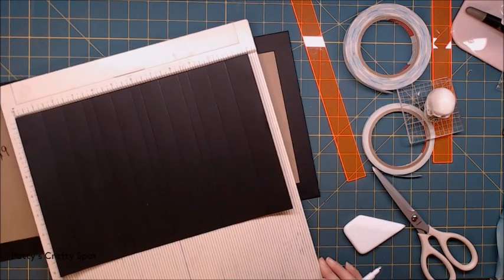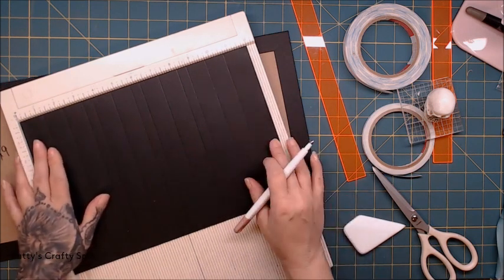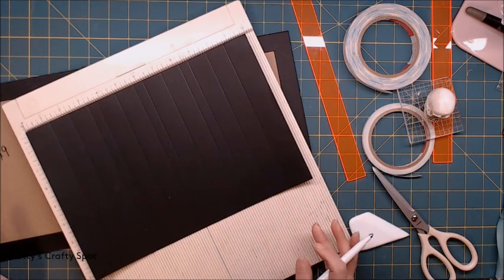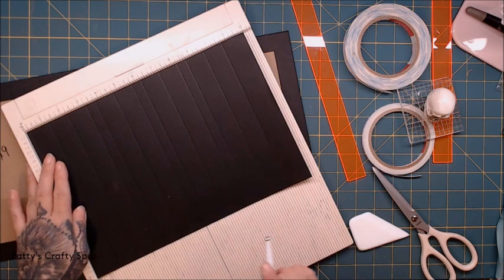All right, so we're going to go ahead and create the spine right now. So I have a piece that is 12 inches by 8 1/4. I did cut it a hair shorter than the 8 1/4, just so when I put my pages in, they will fit nicely. So to do the binding, we are going to score at 1 1/4,